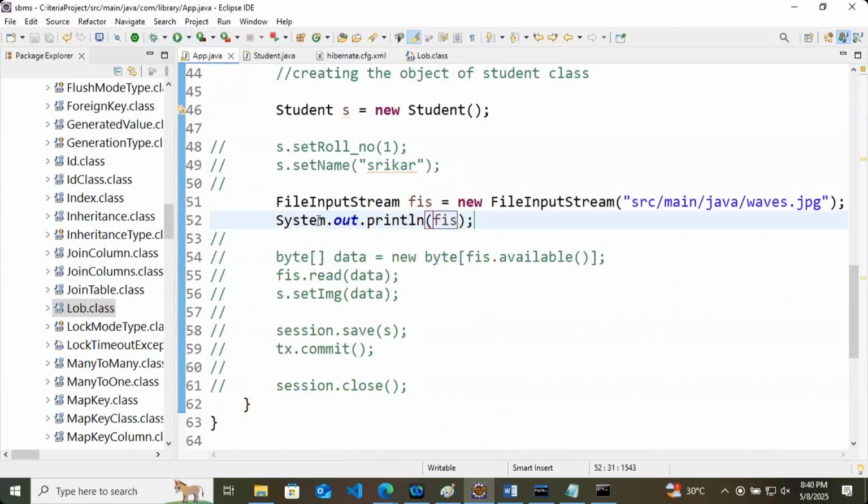We are just debugging it. Something else is there.